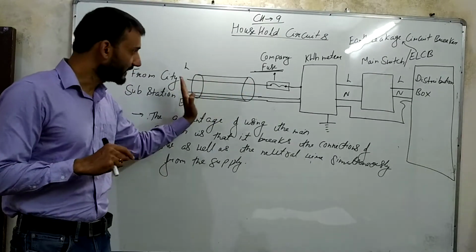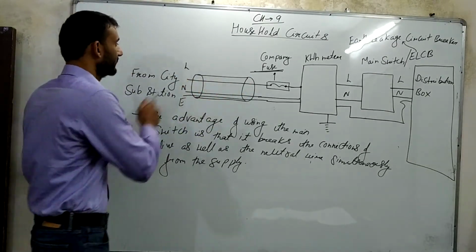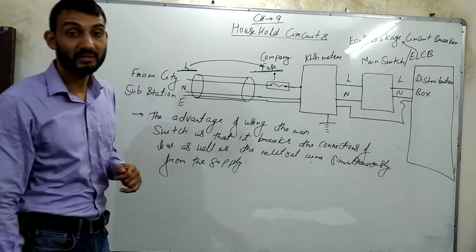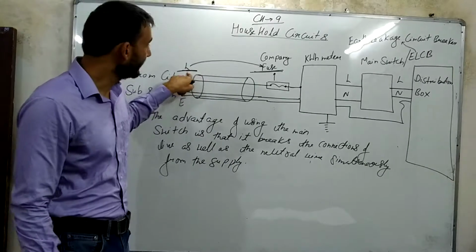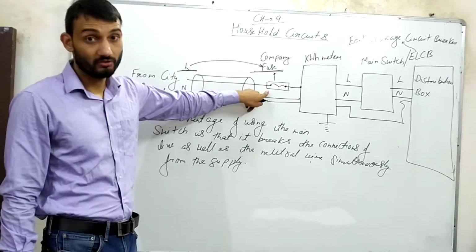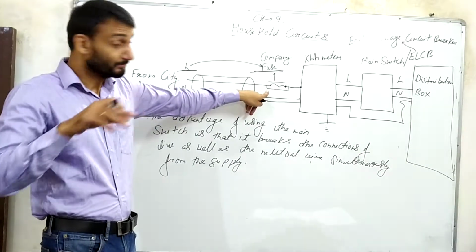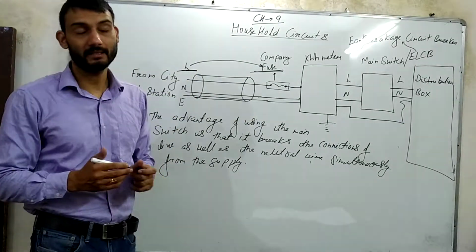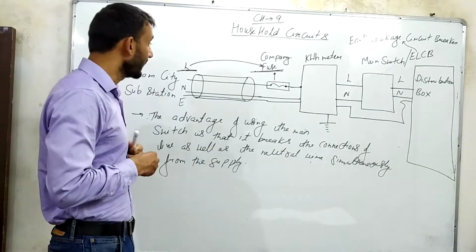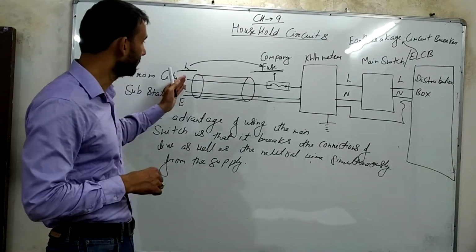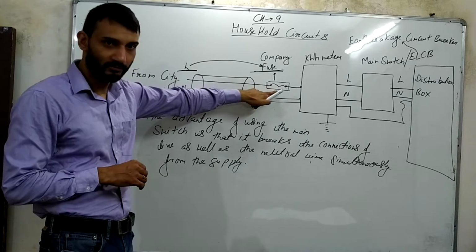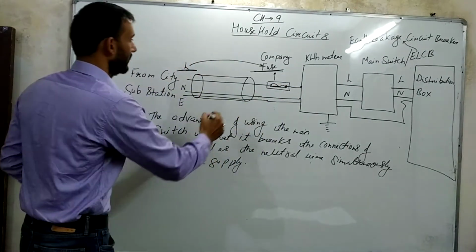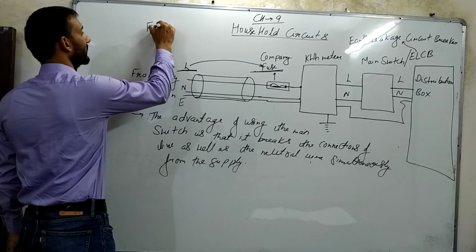Then these three connecting wires go. Now you see, this live wire is connected to a fuse which is known as the company fuse. So only the live wire is connected to the fuse. Another point to remember is that the fuse is connected to the live wire only. Why is it connected to the live wire only? Because if suppose there is some problem in the circuit, then this fuse has a wire. This is known as fuse wire.